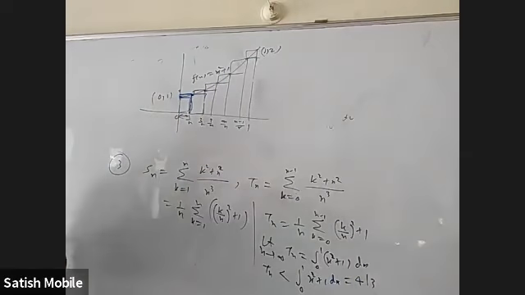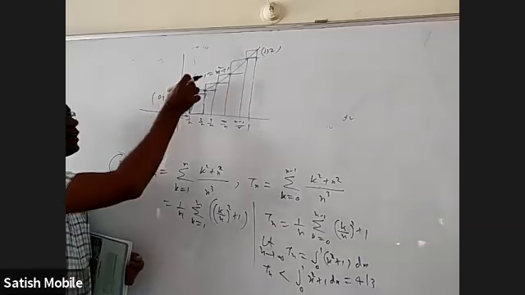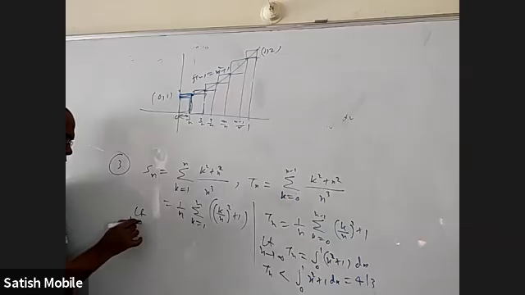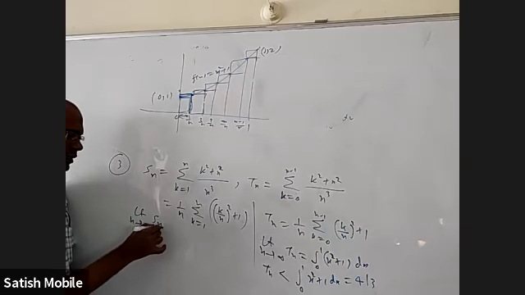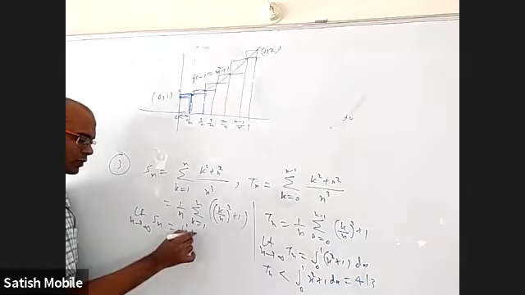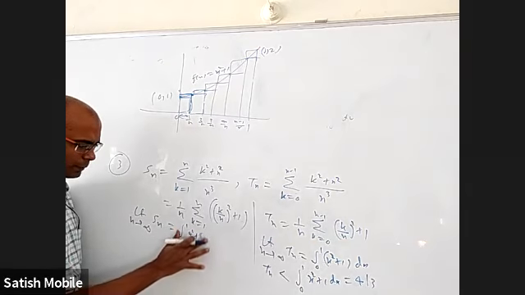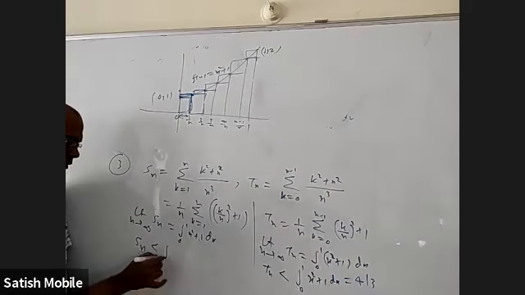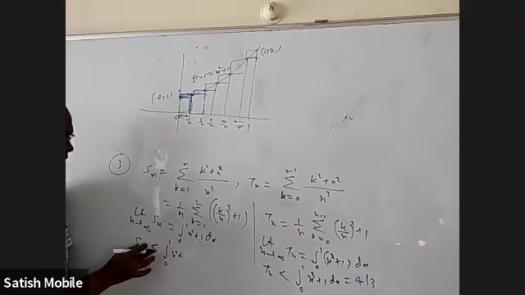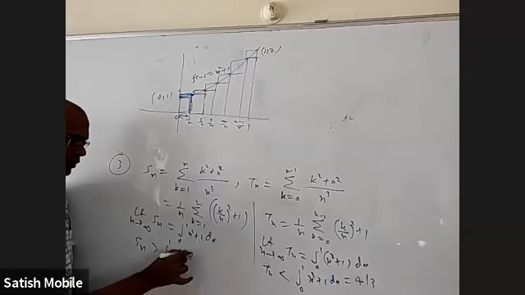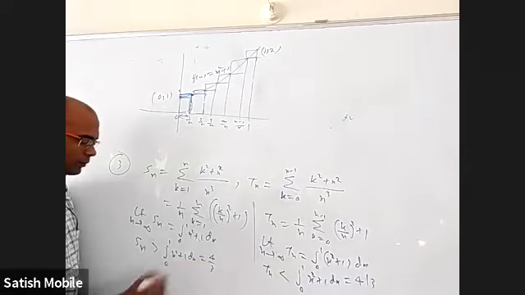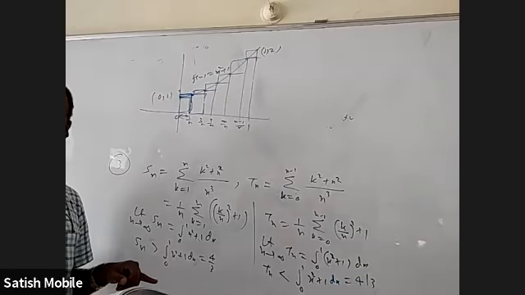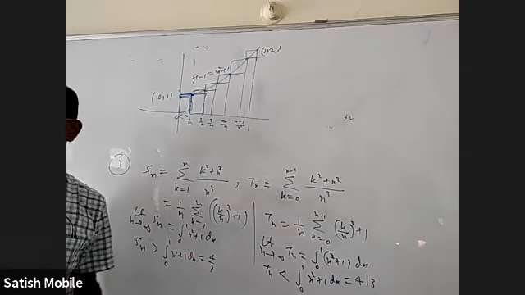All the upper rectangles. So finally, when n becomes infinity, all the errors will be gone and you'll reach this area only. So even limit n tends to infinity, Sn is also the same as integral 0 to 1 of x square plus 1 dx. But Sn is greater than integral 0 to 1 of x square plus 1 dx, which is 4 by 3. So what are the options? Sn is greater than 4 by 3 and Tn is less than 4 by 3.